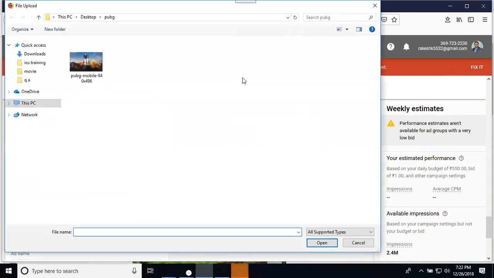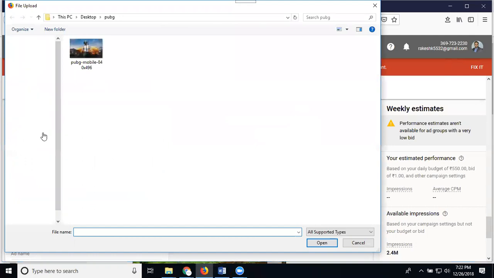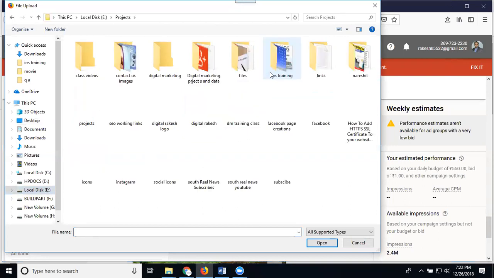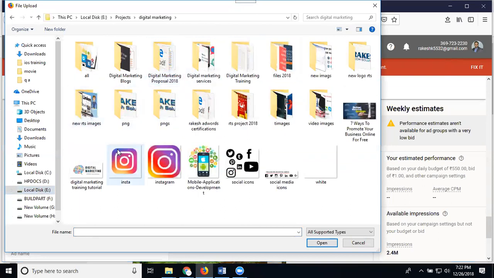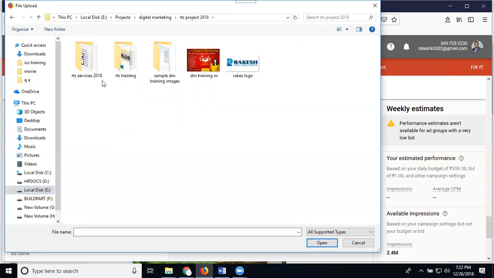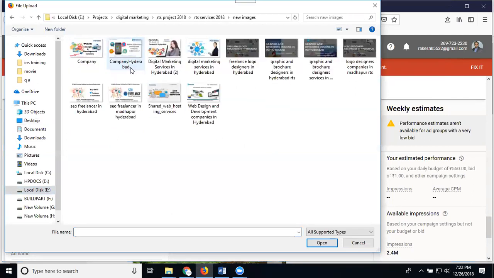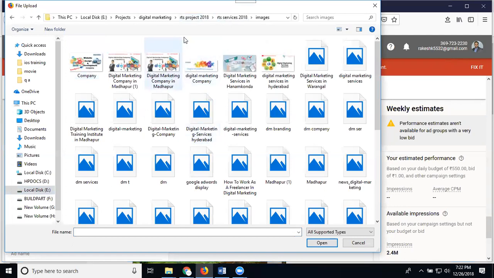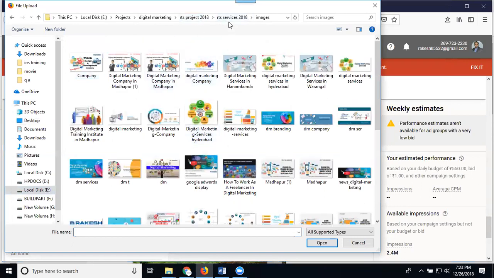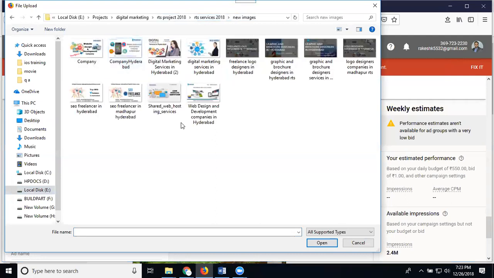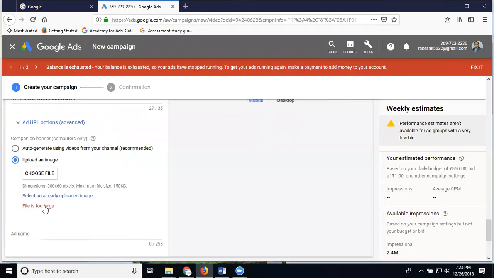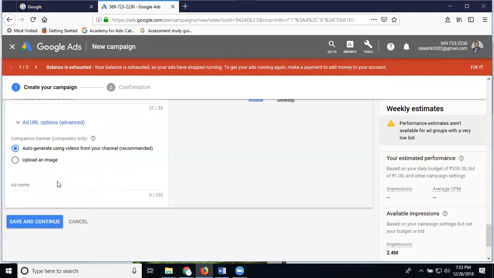It is too large, so I'm selecting auto generated.